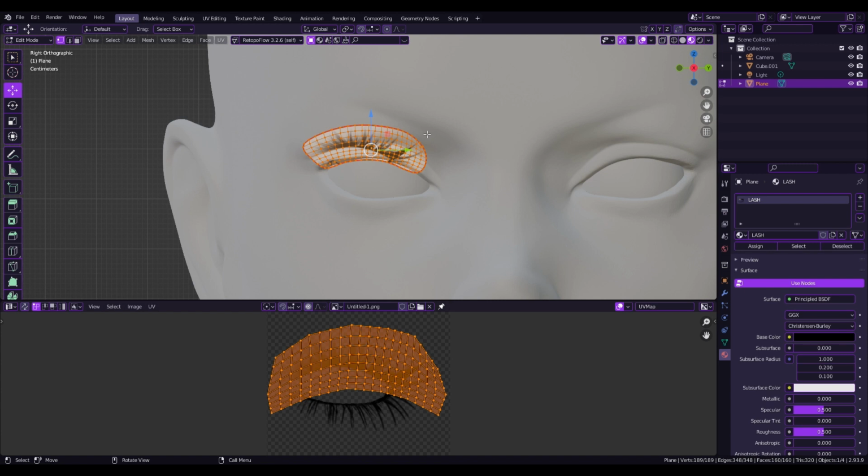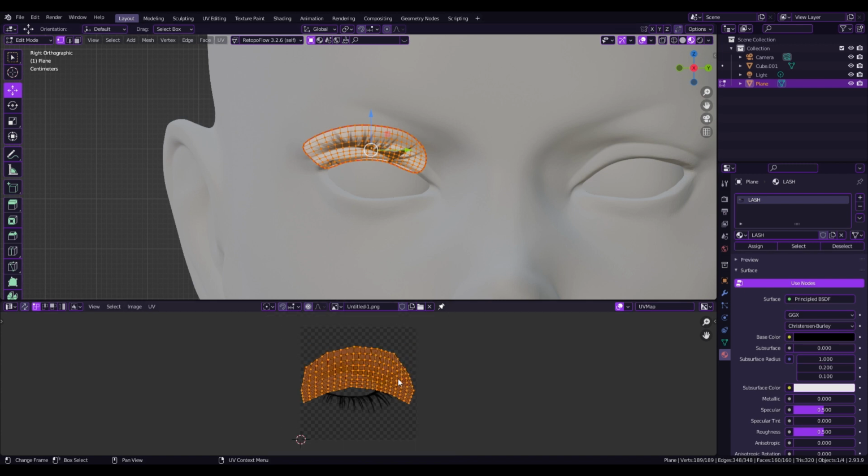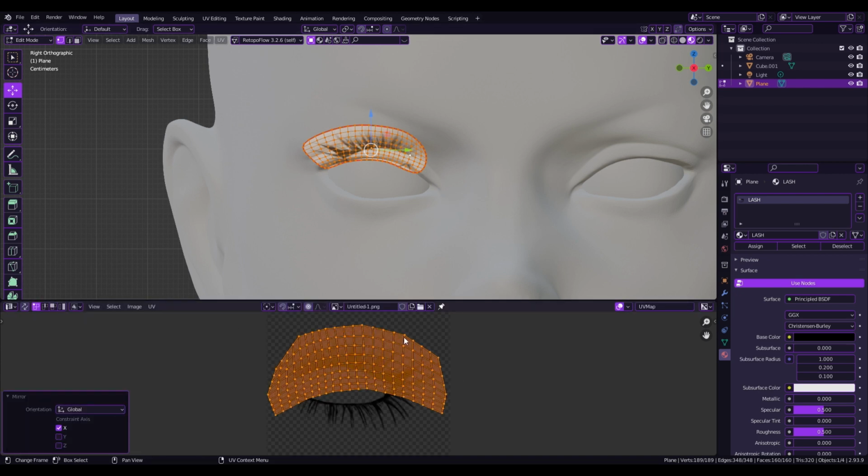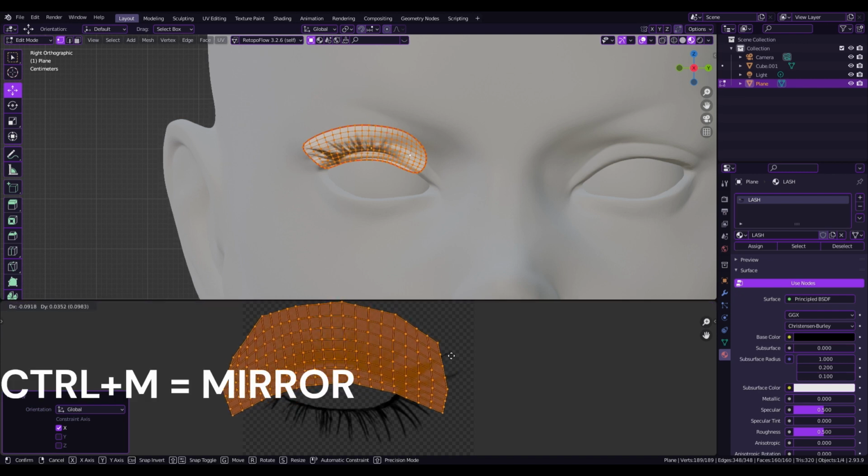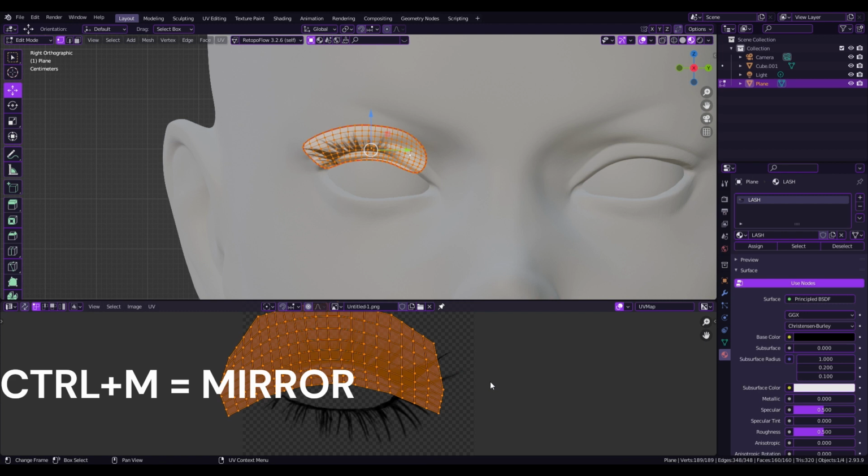So now I'm just going to press Shift and actually Control and mirror, I believe. And I'm going to mirror the UV only. I'm not mirroring the mesh, I'm mirroring the UV. And then you can go ahead and size it to the UV how you want it. It's going to show up on there. So once you get it how you want it,